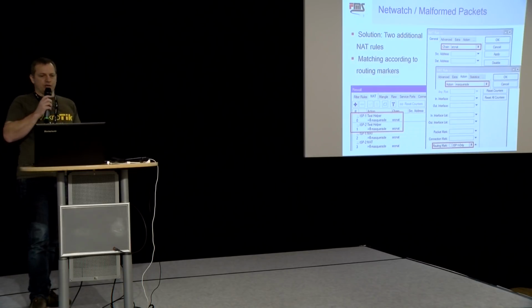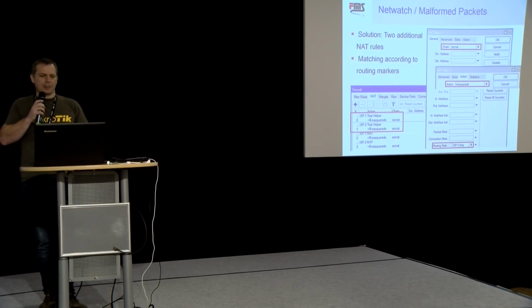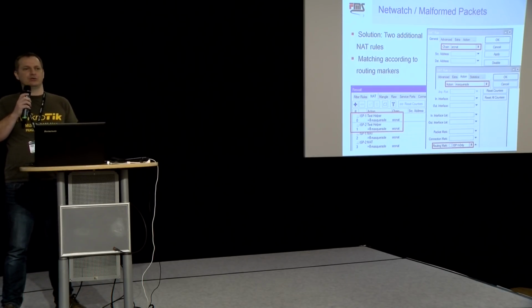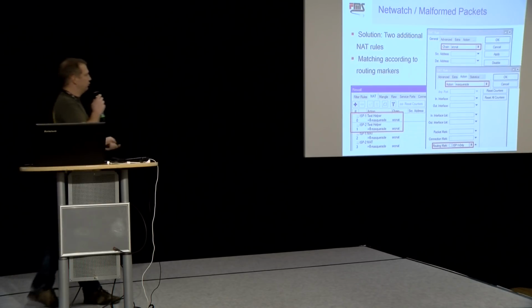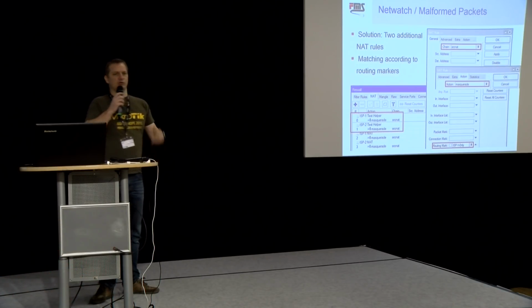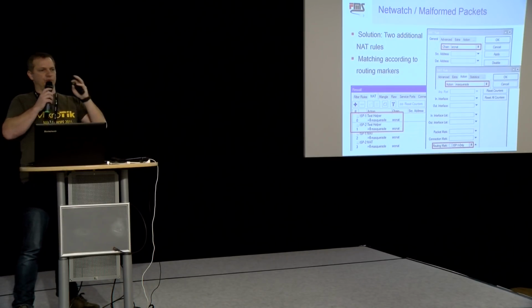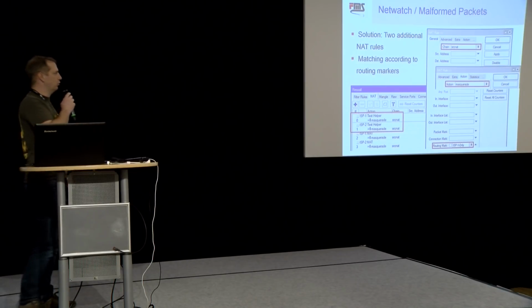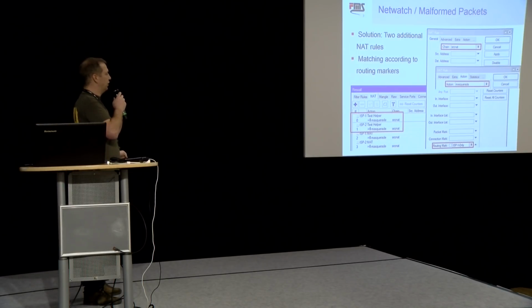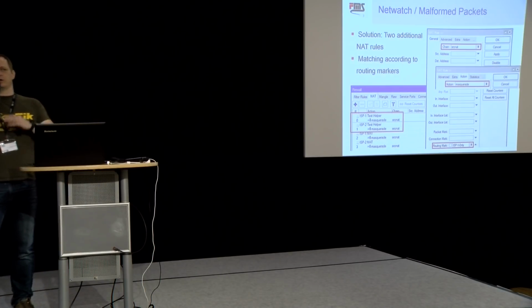There's an easy solution for that. As I said, it shouldn't be necessary from my point of view, but it's still working. You just add two additional source NAT rules, and you will add these rules in the source NAT chain as you're used to, but you will set them only for the routing mark ISP1 or ISP2. So use the routing mark you set before to force the router to reconsider its wrong NAT decision and finally masquerade the packet. So these two helper rules will make our Netwatch work perfectly and keep track of any line